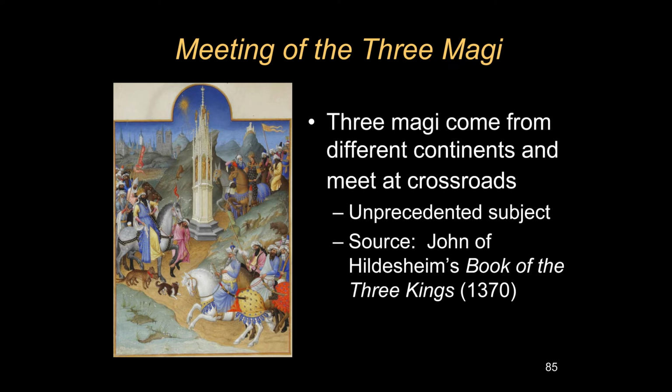And also the three continents are sometimes represented, rather than them all coming from the East. Sometimes it's thought that one of them came from Europe, one from Asia, and one from Africa. Later on, when they discovered the Americas, there is a 16th century painting, I think it's in Karlsruhe, that shows one of the Magi as a Native American, with the feathered headdress. But at any rate, they're coming from three different places, and they're following the star, and you can see the big star up in the sky, and they meet at a crossroads, and then they go on together to Jerusalem and Bethlehem.